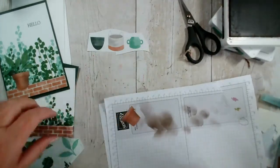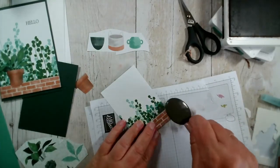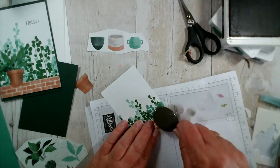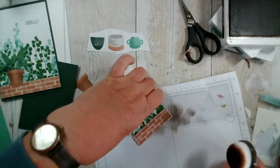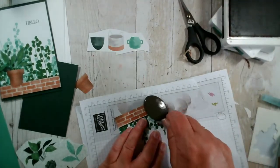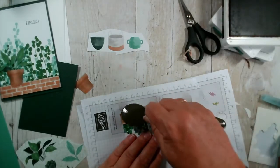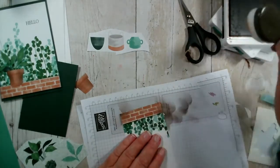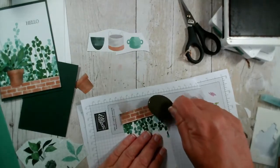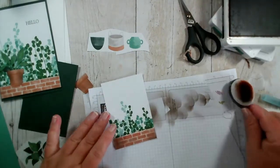So we'll just do that. And actually, thinking about it, I could have done the same with the brick wall. So let's just do that. I don't know why I didn't think of that before. Just to give that brick wall some shading and interest. So we popped it up on dimensionals to give it some depth, but using your blending brushes or daubers just adds that little bit of extra interest. Okay,